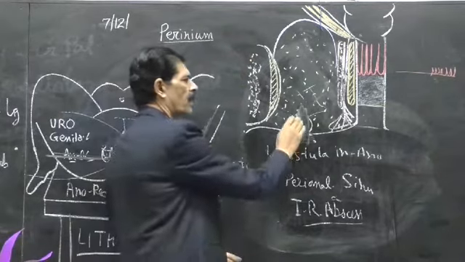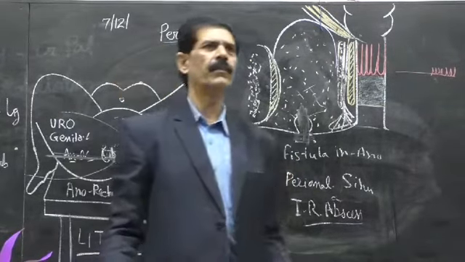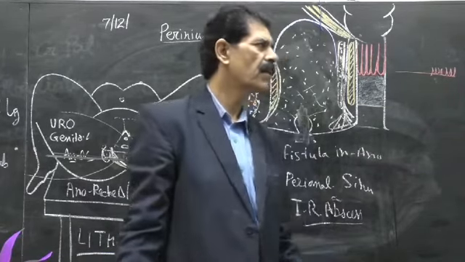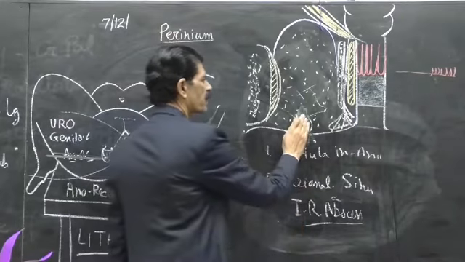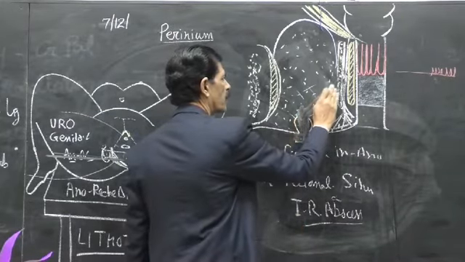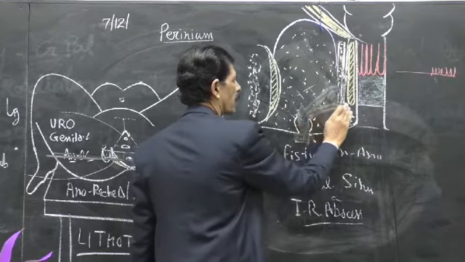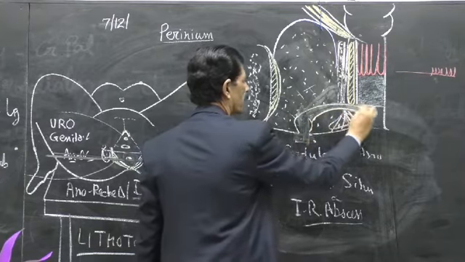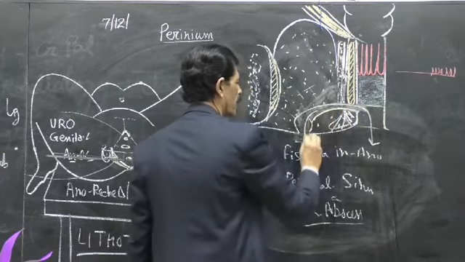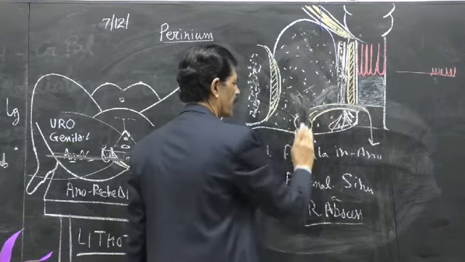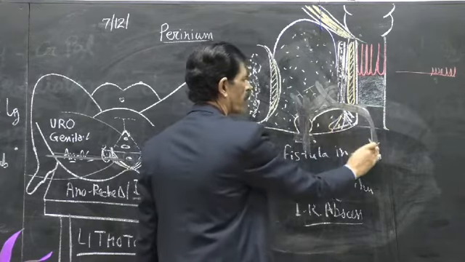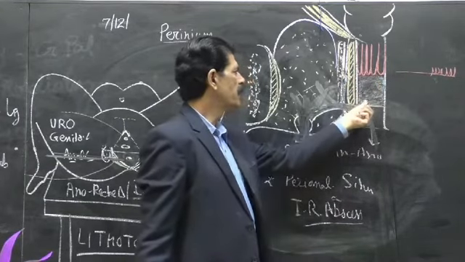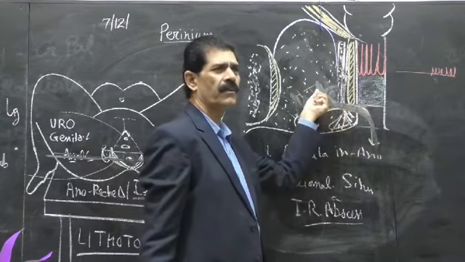Now in other people who are very poor or have a very low immune system, as in patients admitted in the hospitals or otherwise, this pus will also make a way through the external sphincter and internal sphincter, and it starts discharging through the anus. One is here, pus is discharging on the sinus also, and pus is also coming from the anus also. And from the fecal matter, the bacteria will also enter into the ischiorectal fossa.